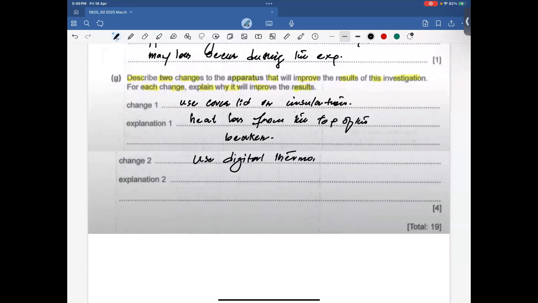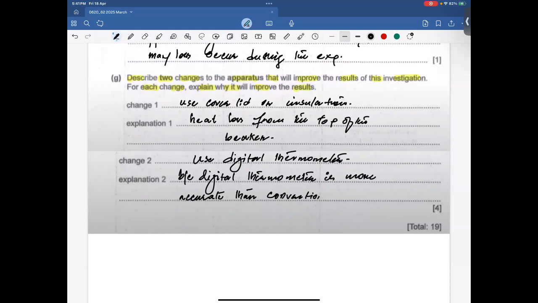So use a digital thermometer because a digital thermometer is more accurate than a conventional thermometer. Okay, that's the end of the second question. Next,